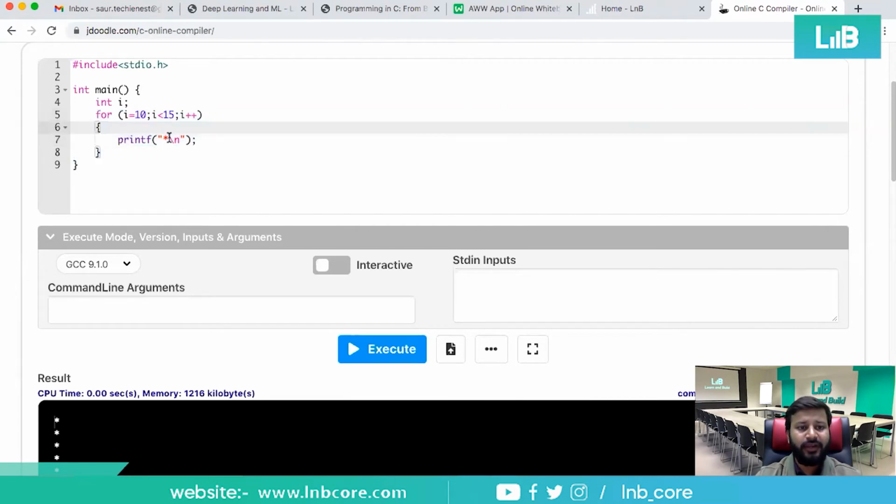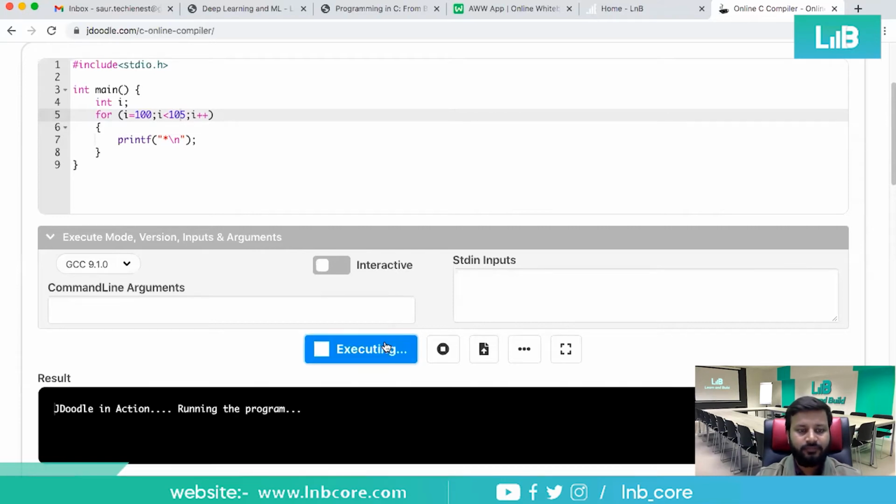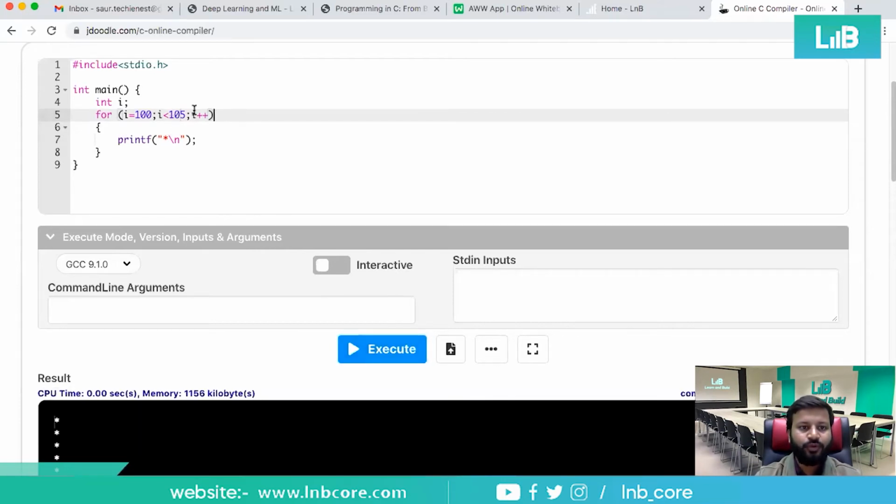And this is the main important thing, where we are printing something. Instead of 10, you can use here 100, you can write 100 to 105, right? And the answer will be the same. So it's up to you how you write the logic of this particular loop. You can write it from -5 to 0 as well.